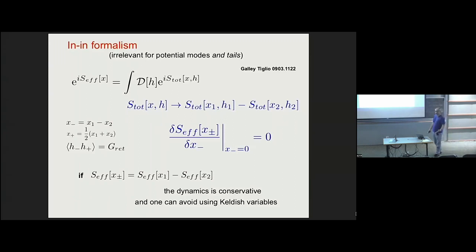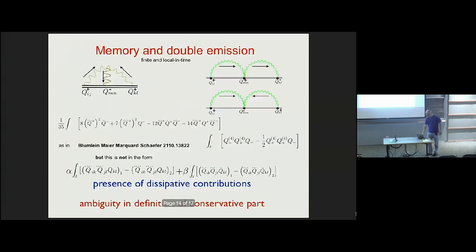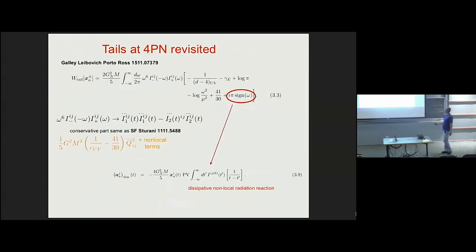And indeed, the memory is one of the points where, as Blanchet and others pointed out after our first mistaken derivation of the memory, you had to use the in-in formalism. So let me just show you how the formalism works in concrete by stealing. I hope Raphael, who is listening, is not listening closely, because I stole it. I stole the equation from their paper, where they derived the same quadrupole I derived before using the in-in formalism. So this is the result.